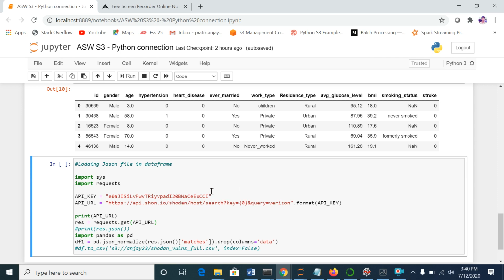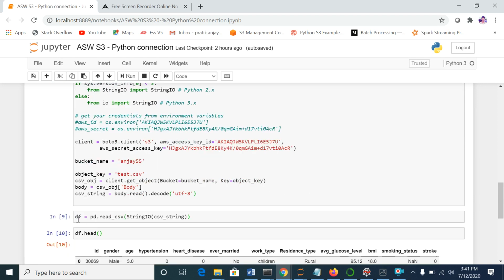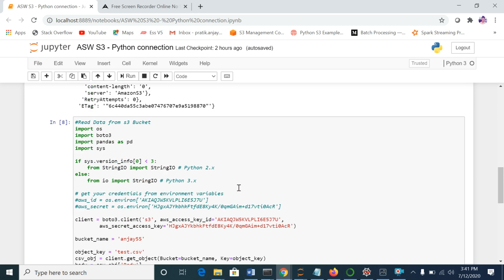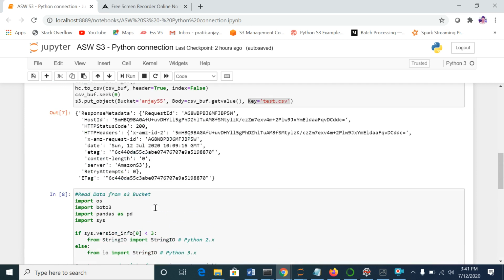In many scenarios, we will be getting data from API calls, maybe a REST API, or the file format will be JSON. So this is the command for that. Again, you just take the API keys and API URL, and you store those JSON files into the data frame. Then the same process happens again: you convert that file into the data frame, upload that file into Amazon S3, and read it from there.